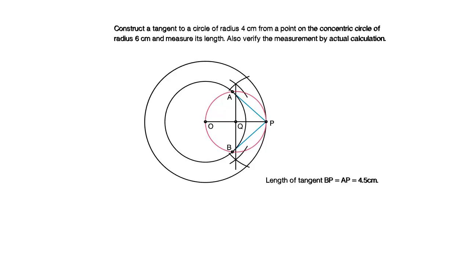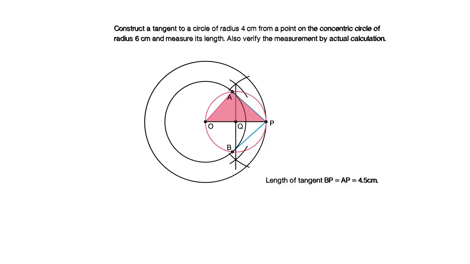For doing the actual calculation, let us join the points O and A, that is the radius of the circle. If we observe, AOP is a triangle. And which type of triangle is it? I have discussed in the very first video of the topic construction when we started. The important property is that the angle made by the tangent and the radius will always be 90 degrees. So the triangle formed here is a right angle triangle, right?